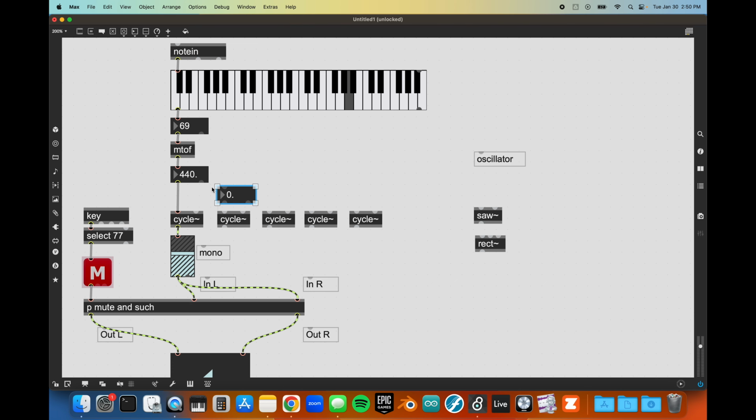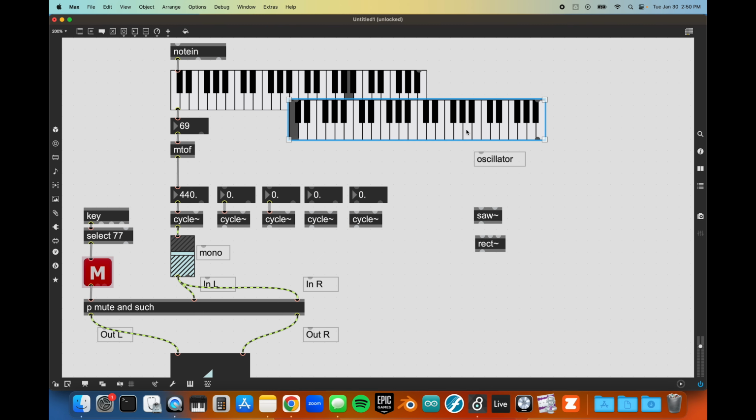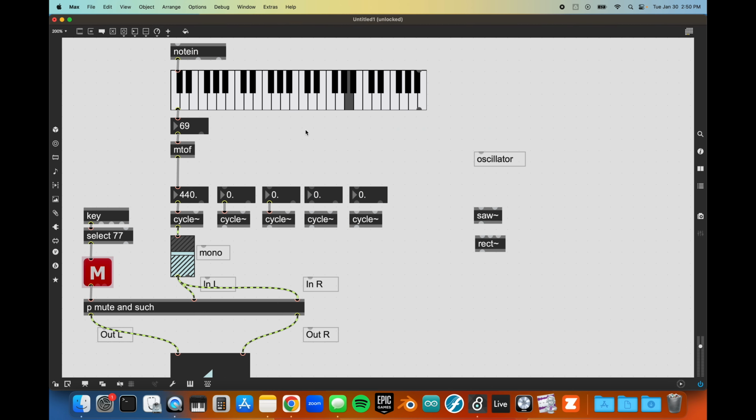So let's do this. I'm going to drag this down here just so we have a box every time, so we can see what these frequencies are going to be. And in case you're wondering how I'm duplicating something, I'm holding down Option and dragging over, okay? I can hold down Option and drag anything to make another one of these. All right, so I'm going to connect all these here. And then what I'm going to do is take the frequency coming out of here and change it for the